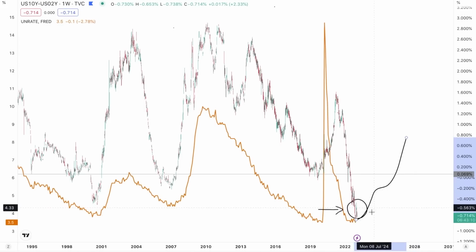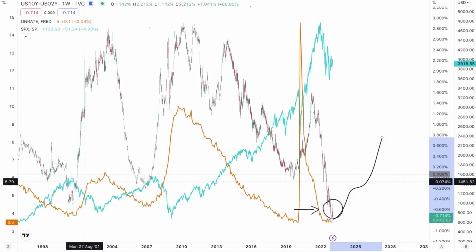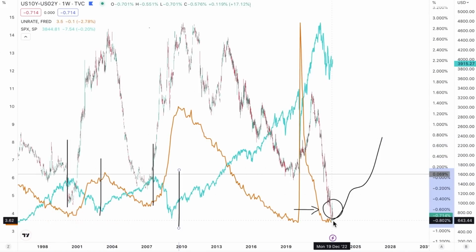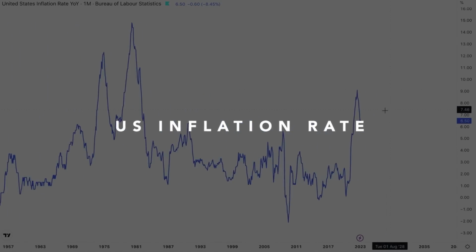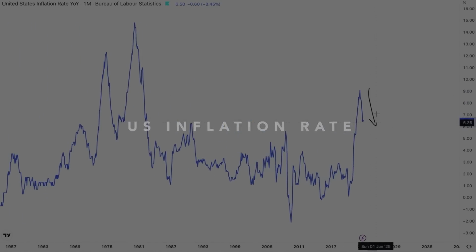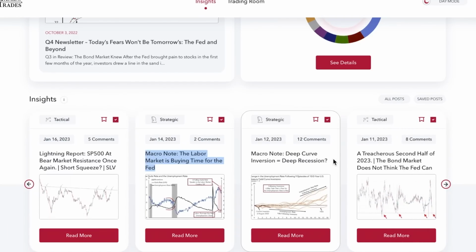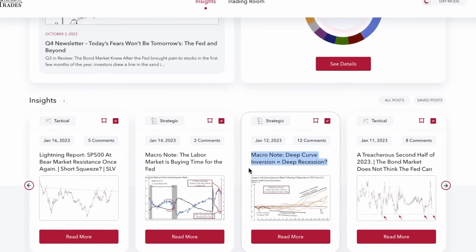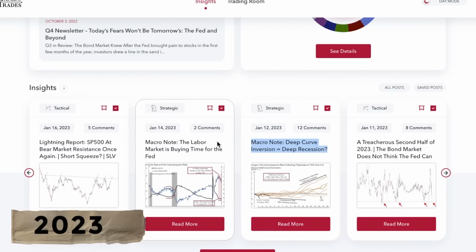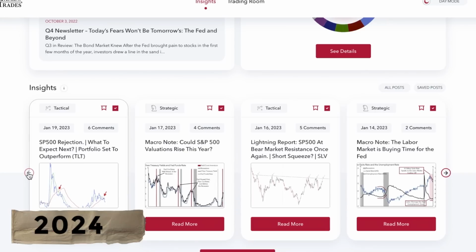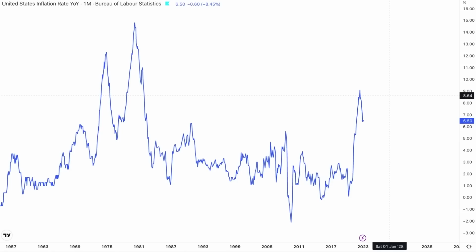People lose their jobs, they cut their spending, and S&P 500 companies do worse in that type of period. We saw that in the 2000 bear market. We saw that in the 2007 bear market. So although we could potentially see some more upside in the near term as the market gets excited about inflation coming down, later in 2023 it's very likely going to be a different story. We posted quite a few macro notes on this subject regarding the timing of all this and how bad the recession is likely going to be in 2023 and probably 2024. These are quick notes that you can read in around 5 minutes and that really give you the context behind our convictions in the market.